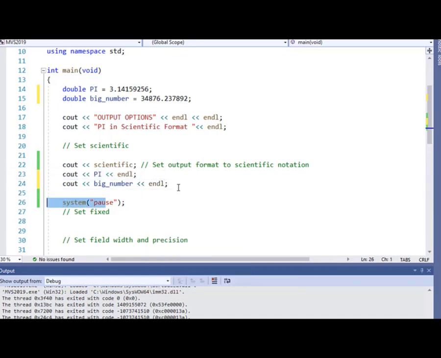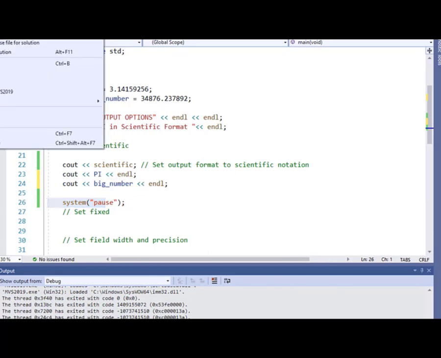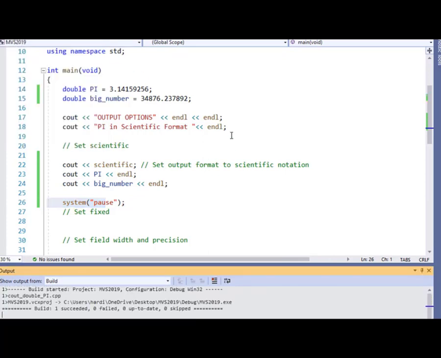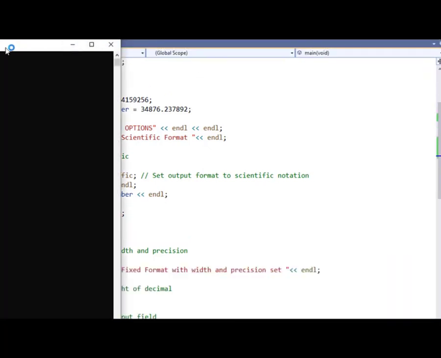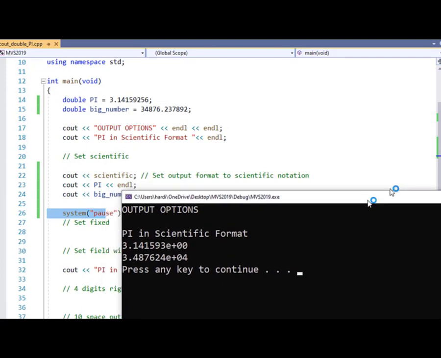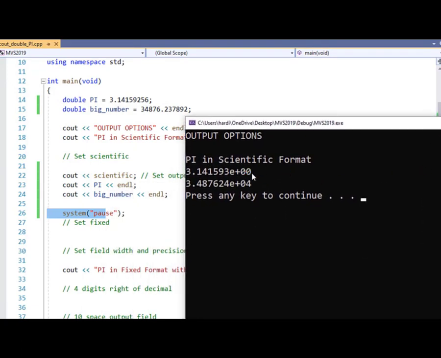Okay, so now let's see what we get in that example. So I'll build it again. And it works. So then I'll run the program. And let's look at the output that we get. So here's pi in scientific notation. Here is big number. Now notice that we have e plus 04 this time. And in both cases, there's one number to the left of the decimal. So this scientific format will always output numbers in this form. So you'll have one digit over on the left, and then a dot,